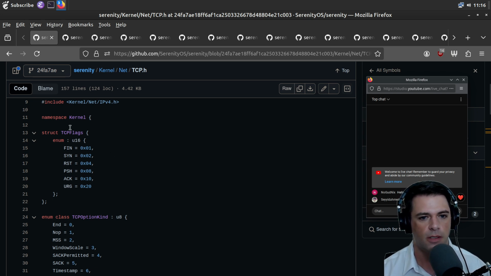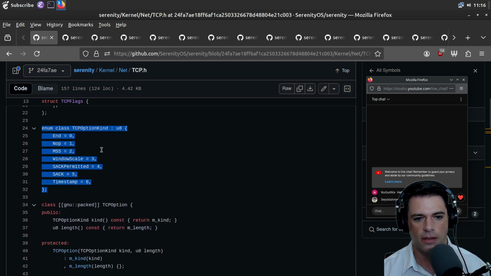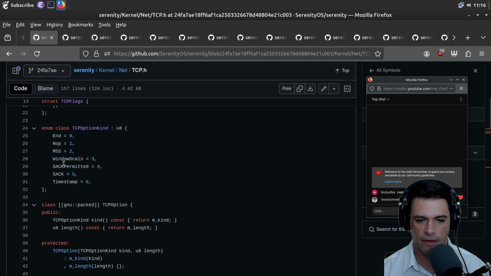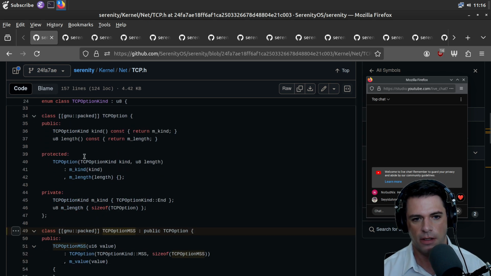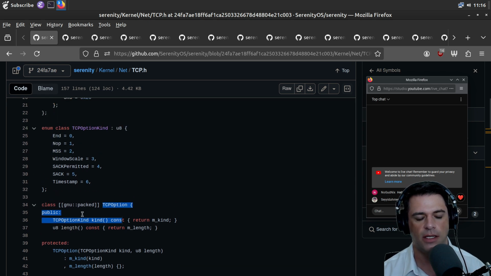So there's some TCP flags, like FIN, SYN, ACK, etc. Those are defined in the standard. The option kind, SACK permitted, SACK timestamped, etc. GNU packed. I guess this is maybe some GCC directive. And we have a TCP option, which has the option kind and the length.